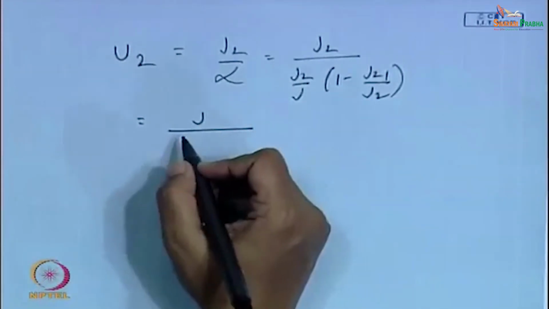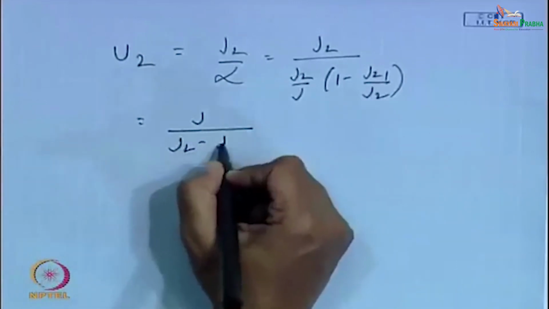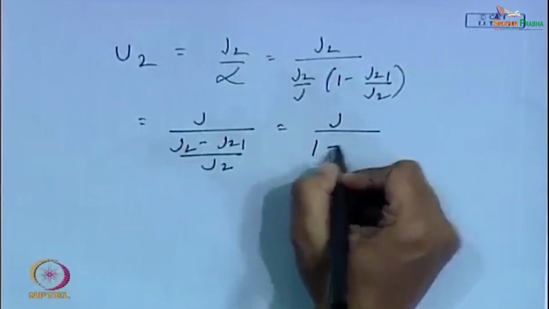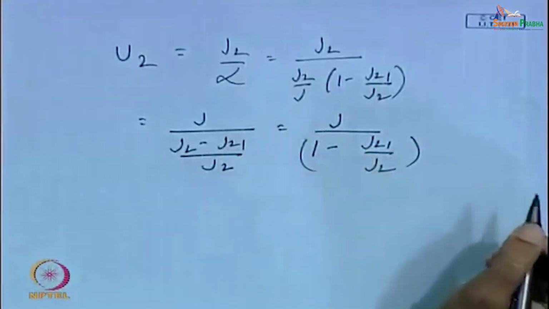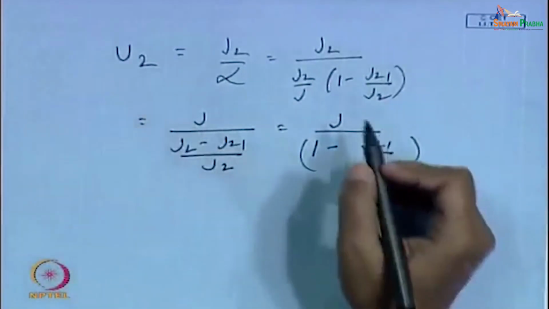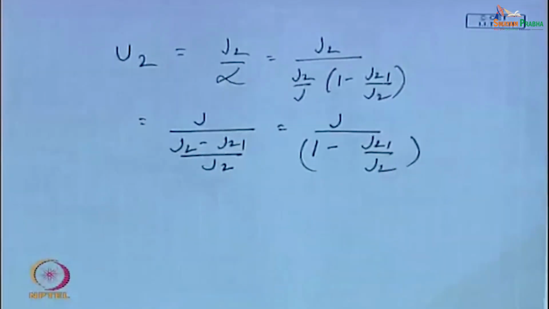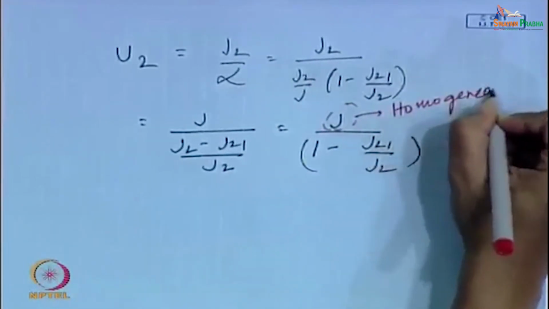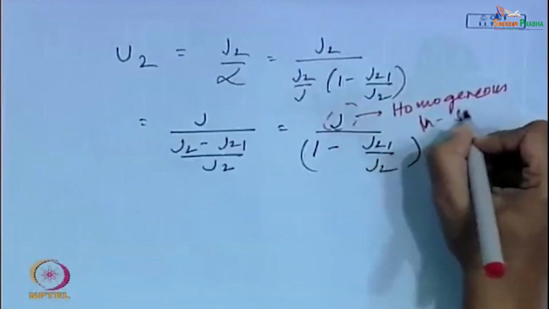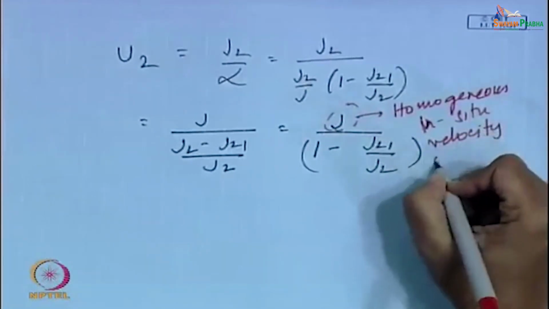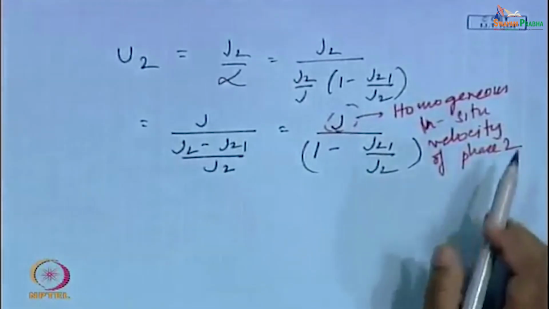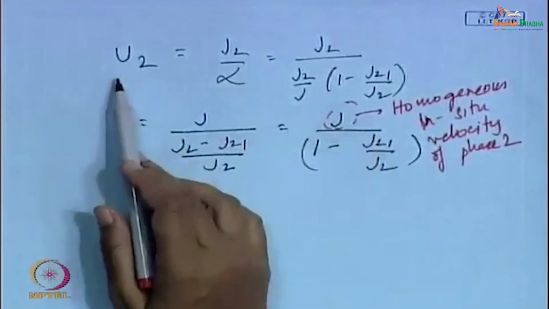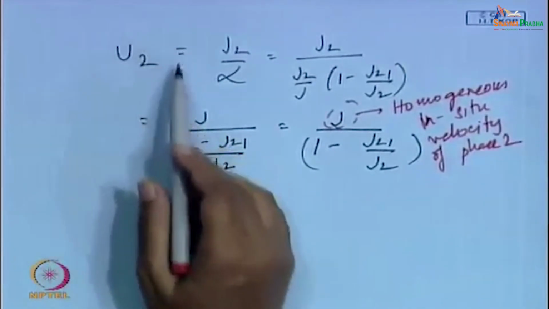Or in other words, again taking up j on the top, we get this as j by j2 minus j21 by j2, or in other words this is j by 1 minus, agreed, fine. So, for the homogeneous flow model, we find this is the homogeneous in situ velocity, homogeneous in situ velocity of phase 2, phase 1, everything is the same. So, with this homogeneous in situ velocity, if this particular correction term is multiplied, then we can get the actual velocity, and definitely it will be a much better approximation of the